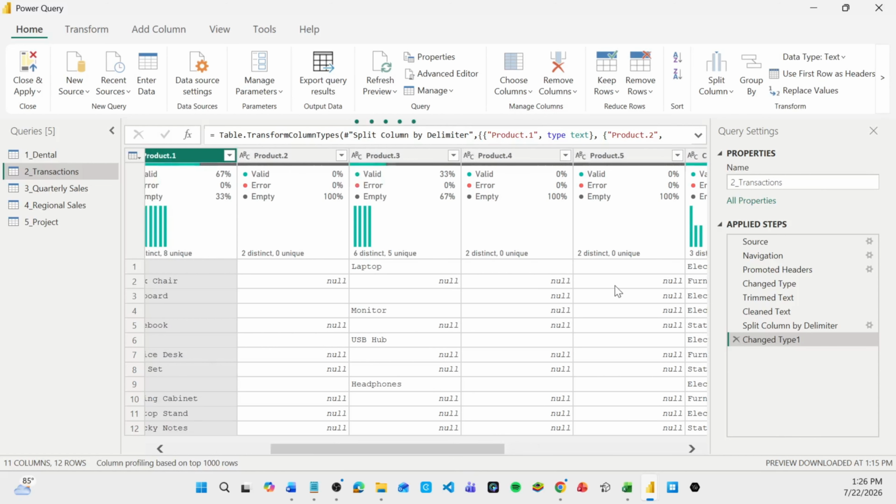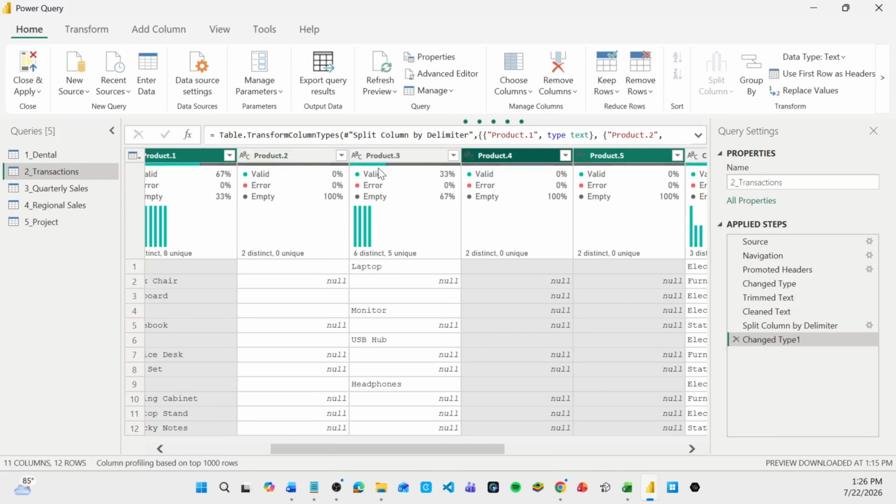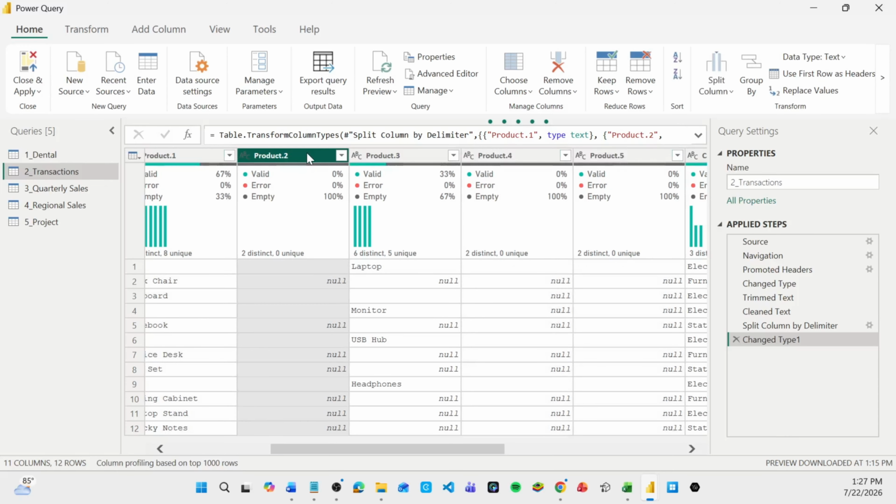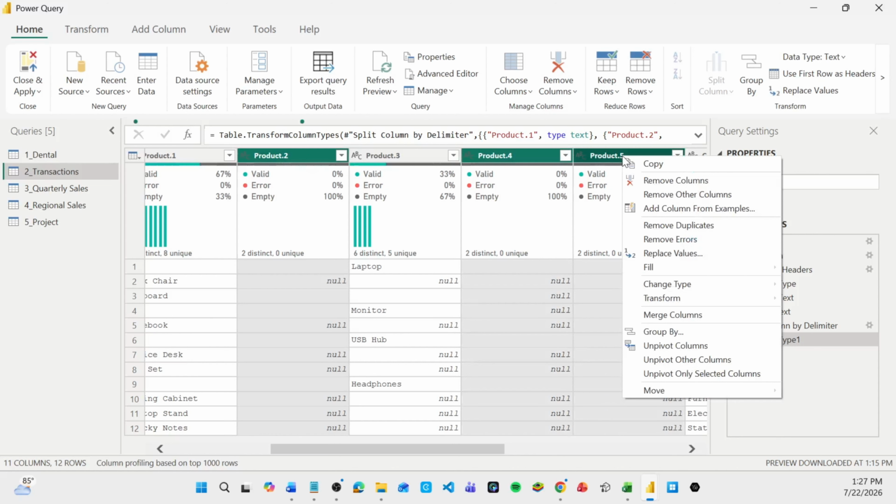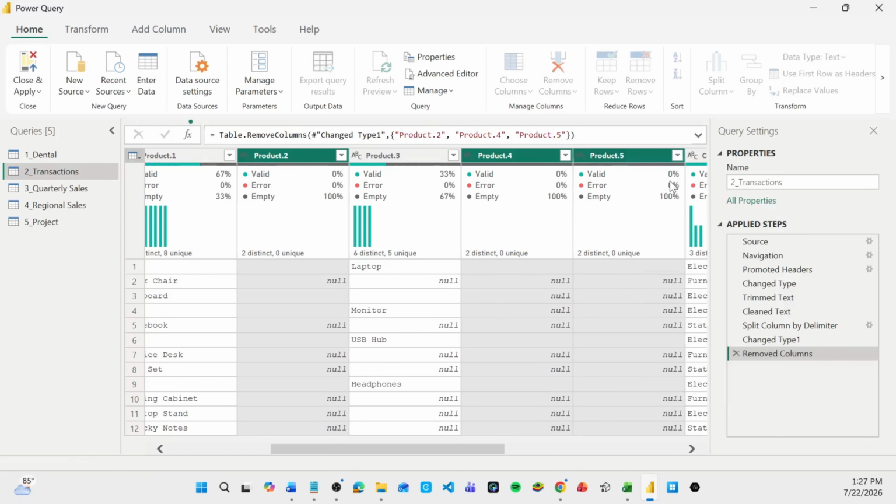For column 5 and column 4, we don't have anything on them. So I'm going to delete that, and also column 2. You can only see that we have something on column 3. This green and gray part, the gray aspect is telling you the percentage that is empty, and the green aspect is telling you the part that has values. So 2, 4, and 5 don't have values at all. So I'm going to remove 2, 4, and 5. Right click and remove them. So we are left with